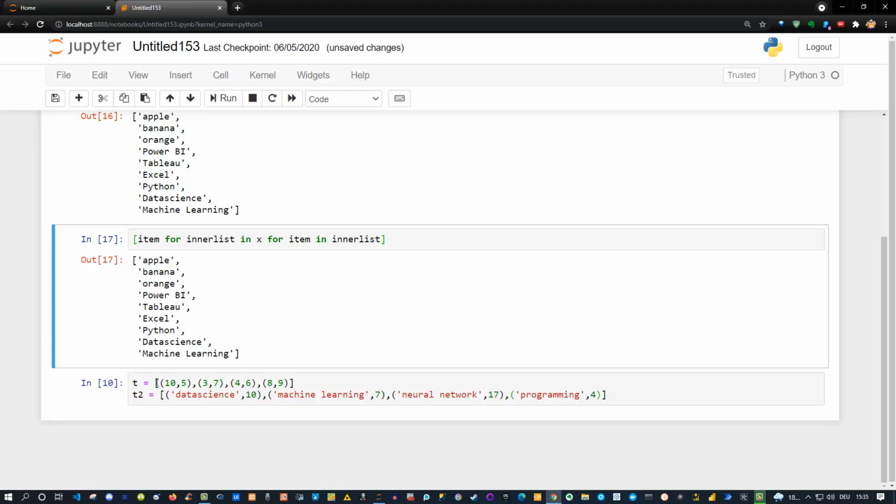We have a list of tuples here, so you can see here T and T2. Let me just execute it one more time and store it inside. And this is simply a list of tuples, right? So the first tuple is 10, 5, then 3, 7, 4, 6, and 8, 9. And the second one is then referring to a string value like data science here, machine learning, neural network, and